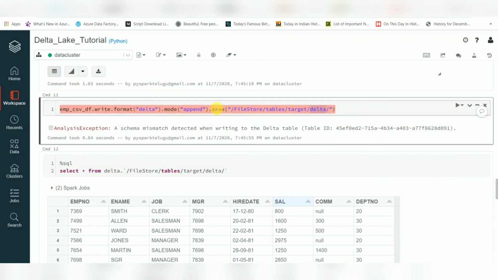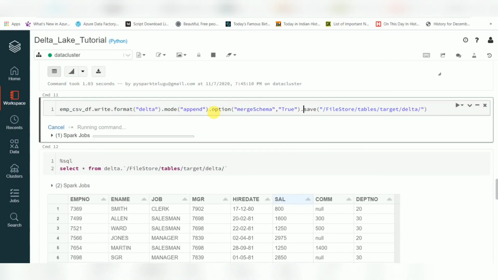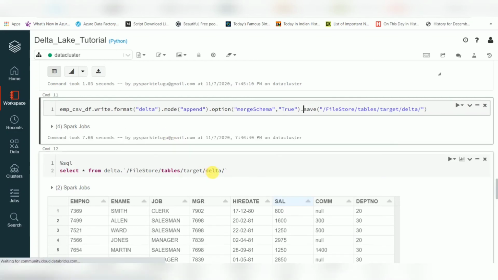We have an option called mergeSchema. We have an option here, mergeSchema true. If you use this option, it will allow. Let's see how it is writing, then retrieve the data.